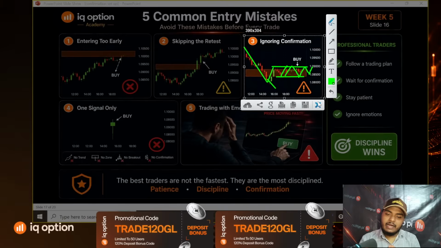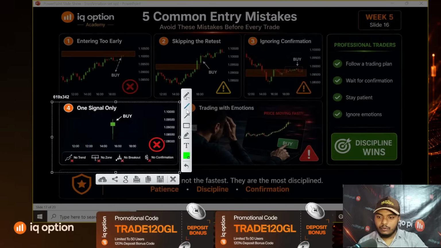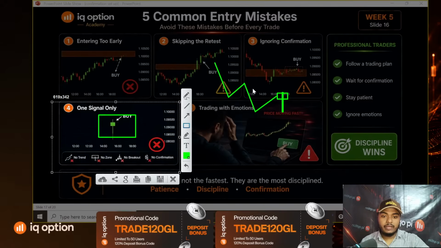So on the fourth mistake, what we found here is only one single candle confirmation, as we already discussed on our very first slide. Suppose the market is in a downtrend, and in a pullback area you find a very good hammer candle. That simply means you can go with the buyers? Absolutely not. You have to wait for the market condition. If the market wants to go in the upward direction, the market must break its latest lower high area,